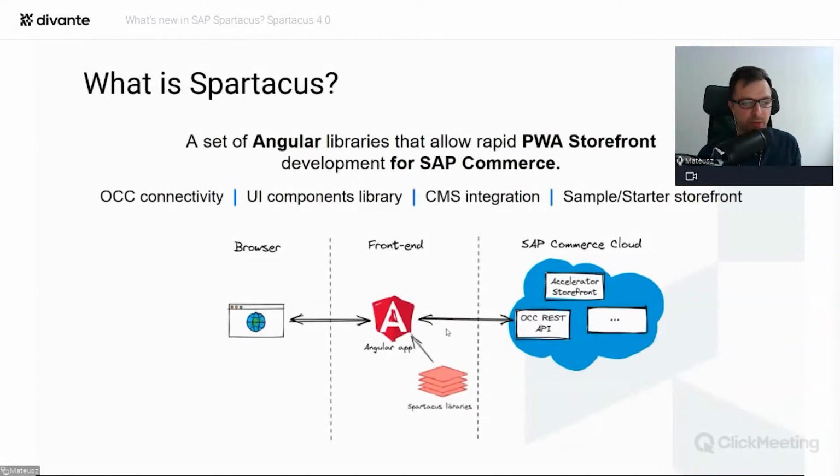And as you can see, this Angular app lives outside of SAP Commerce Cloud. Of course, it can be deployed to SAP Cloud and live along the SAP Commerce, but it's not a must because this is a decoupled application. In contrast to what accelerator storefronts were, which were tied together into SAP Commerce, Spartacus simply communicates via